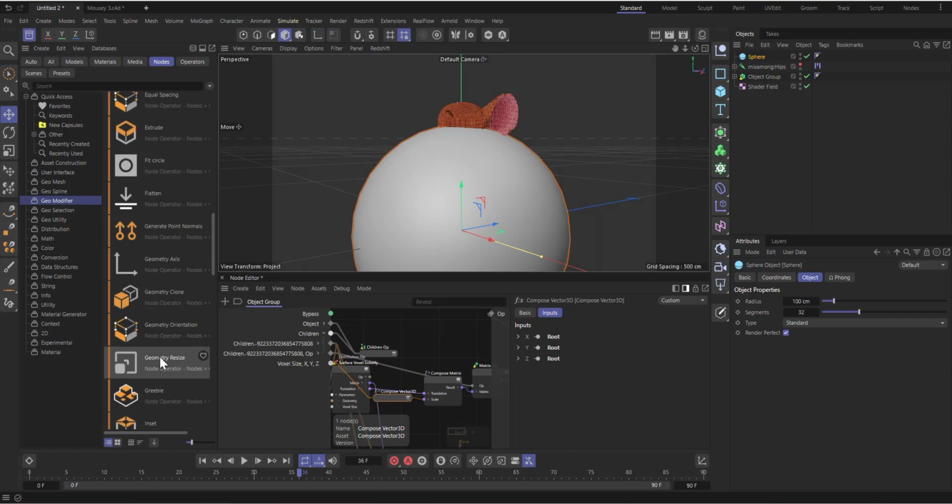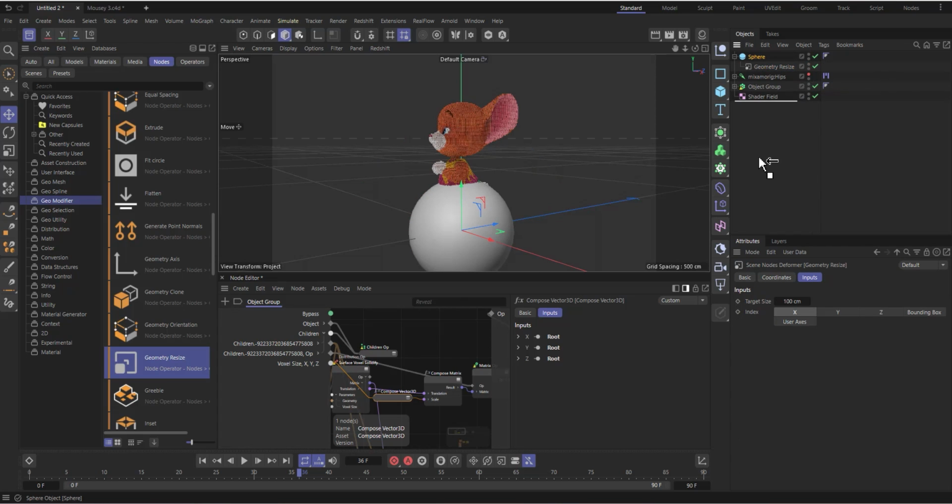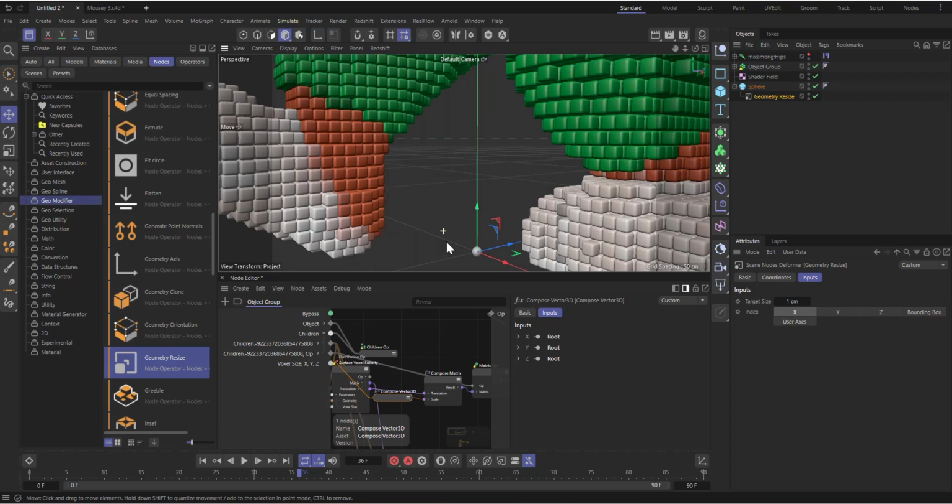So yeah, I've seen it. It's called geometry resize. You can see our sphere is quite big. If I drag in a geometry resize and make it a child of the sphere, you can see immediately it gets smaller. The geometry size is set to 100. If I set it to, say, 1, you can see it will be small, actually 1 centimeter